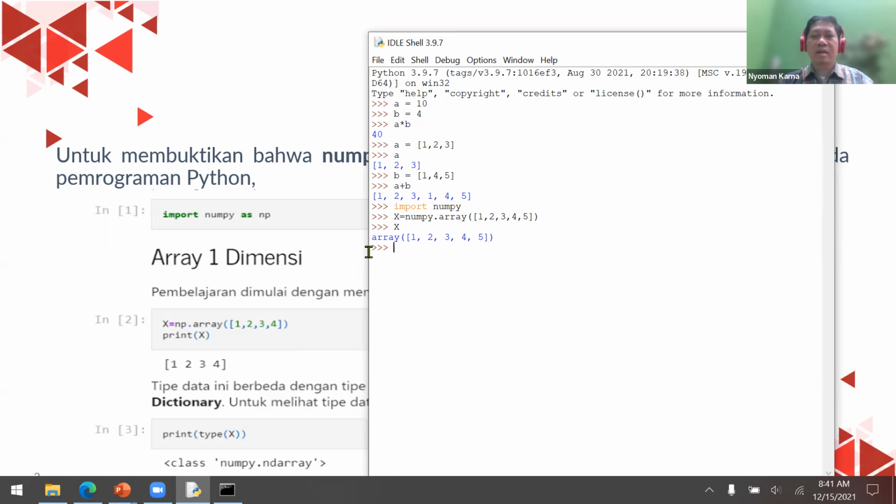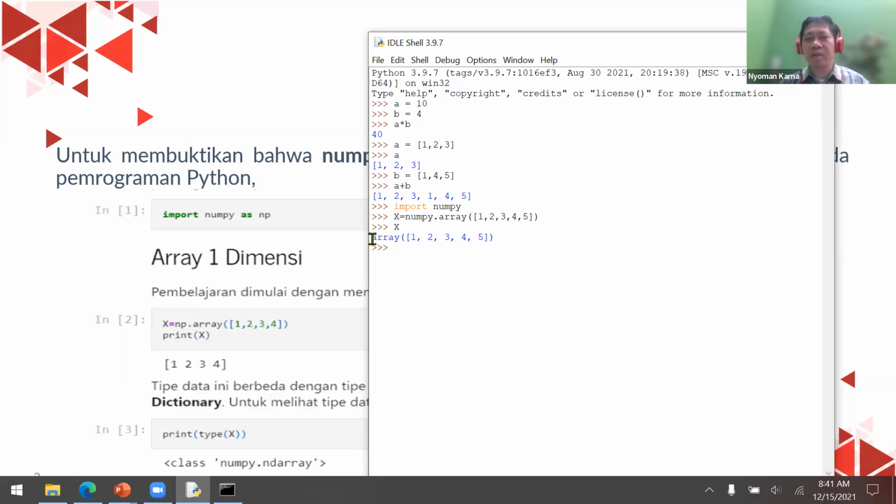Okay. Now, remember, this is different from the list data type, as we discussed in the second class. I believe in the second or third class, we explored lists, tuples, and also dictionaries. This is different from a list, because if I type x, it will print that it is an array, and this is based on numpy.